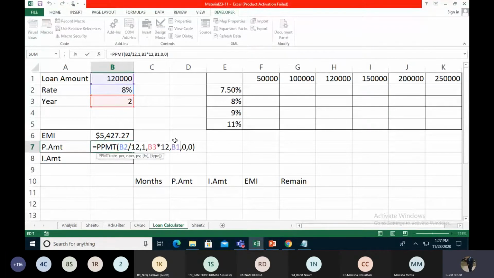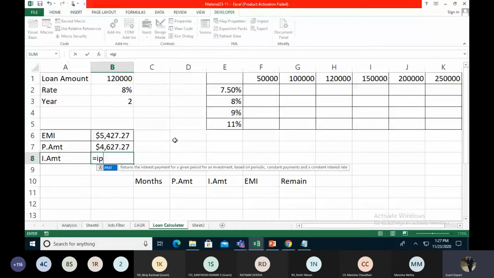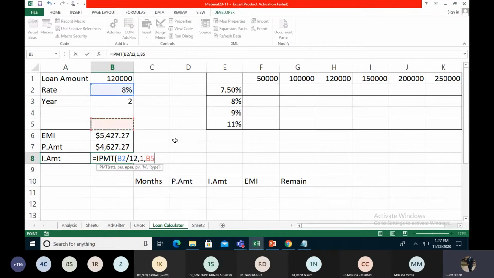We're also taking the minus value over here, and we're taking the interest per month transaction. We're taking the rate by 12, comma 1, comma nper 2 into 12, comma present value, future value is 0, comma end of the period.